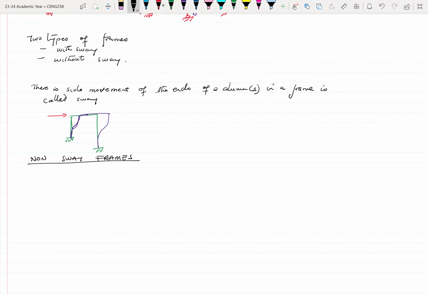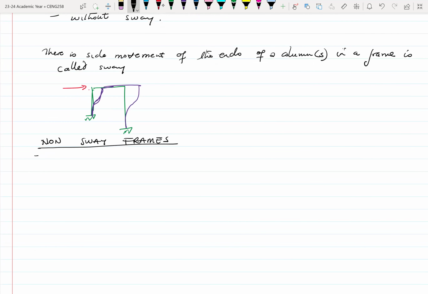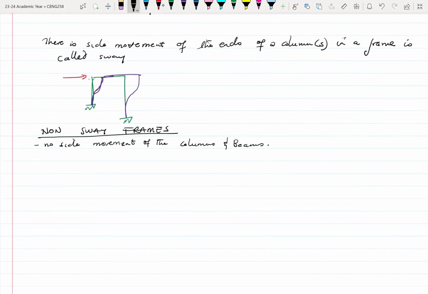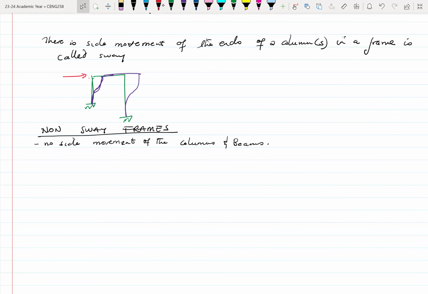Okay. So as the name implies, no side movement of the columns. Okay, columns and beams. So let's add that to it as well. Okay. So usually,